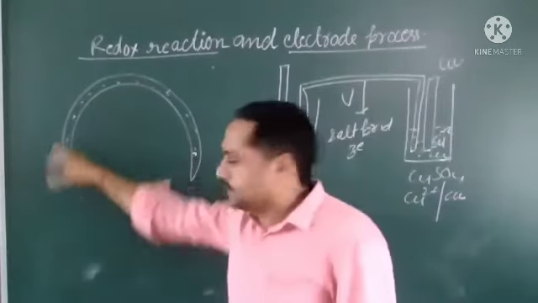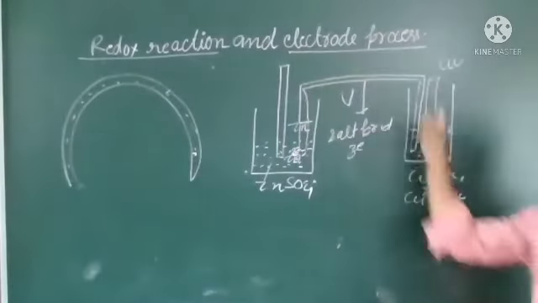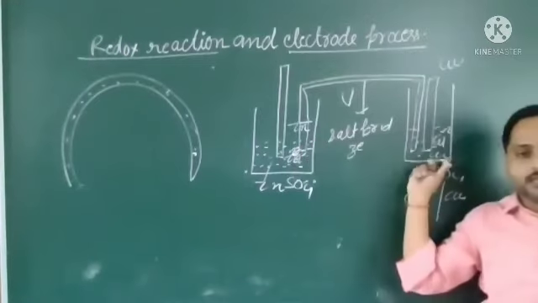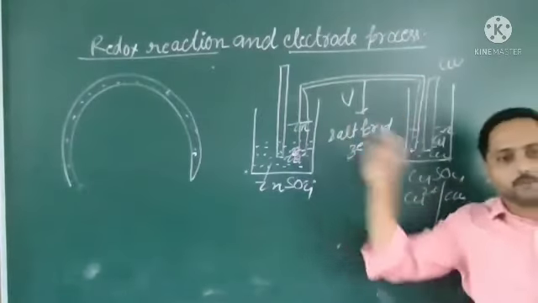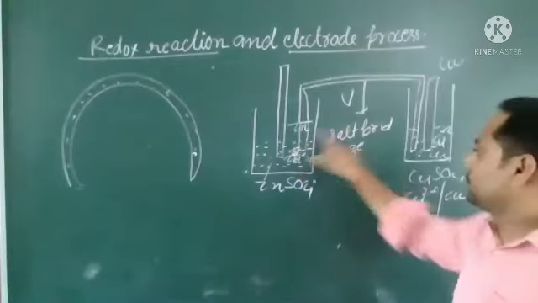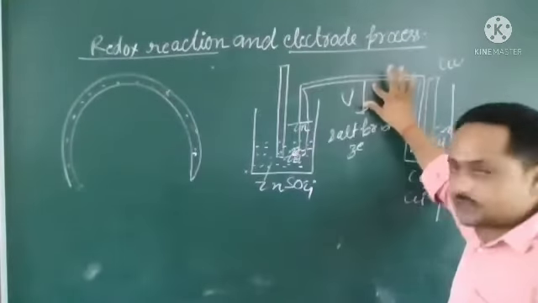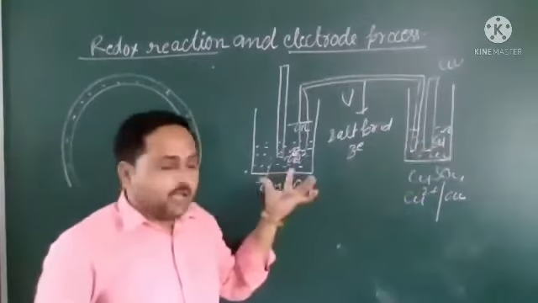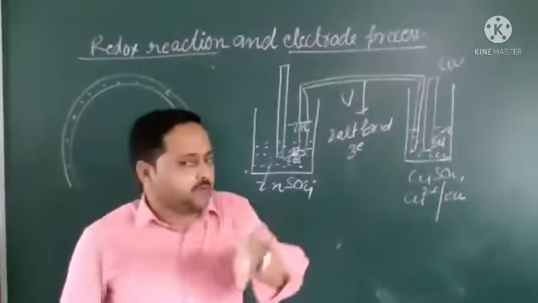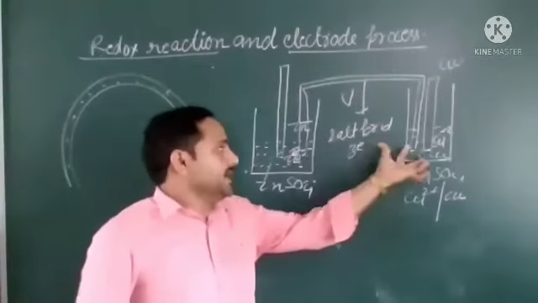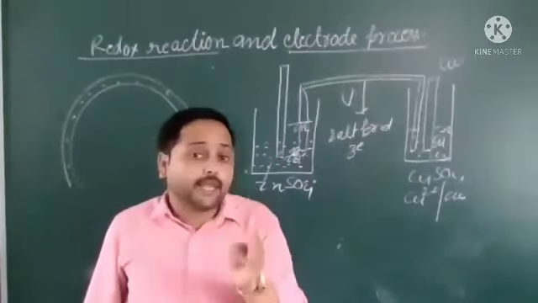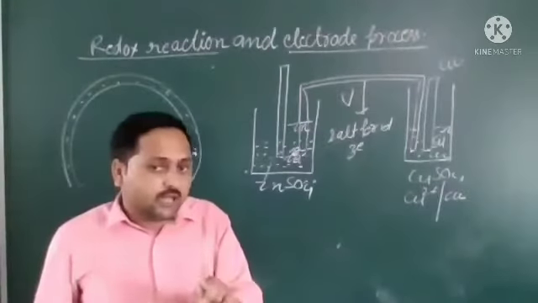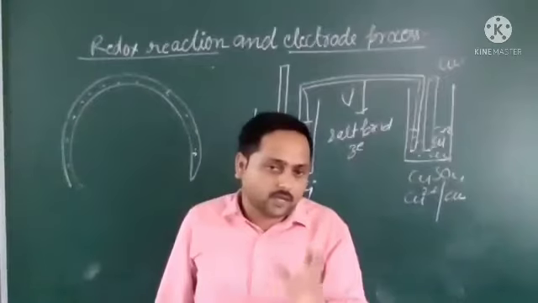The function of this substance is to make contact between both halves without mixing their salt solutions. It is not mixing the solutions, but it is connecting both half cells, and it maintains ion balance. You might know that if ions are there, then current will flow; otherwise, current will not flow.